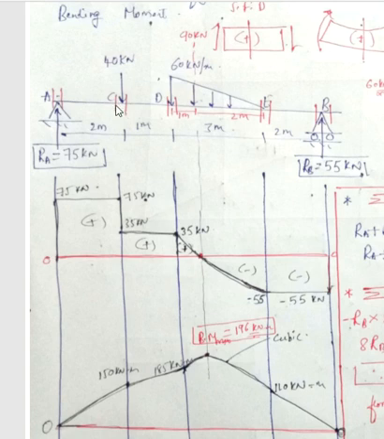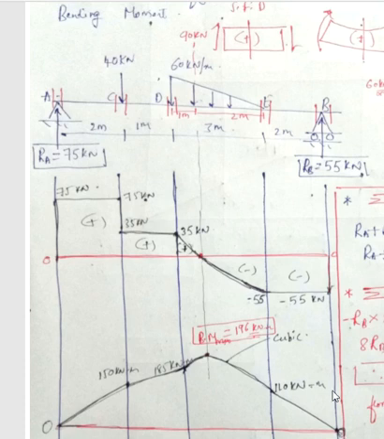So at this section the value is 150 kilonewton meter, but since it is a point load, I am joining it with a straight line. Then come to this section. Instead of coming from right, come from left only. There is a force, but if you consider any section, there is no perpendicular distance, so the value will be 0. So this is about the bending moment curve.